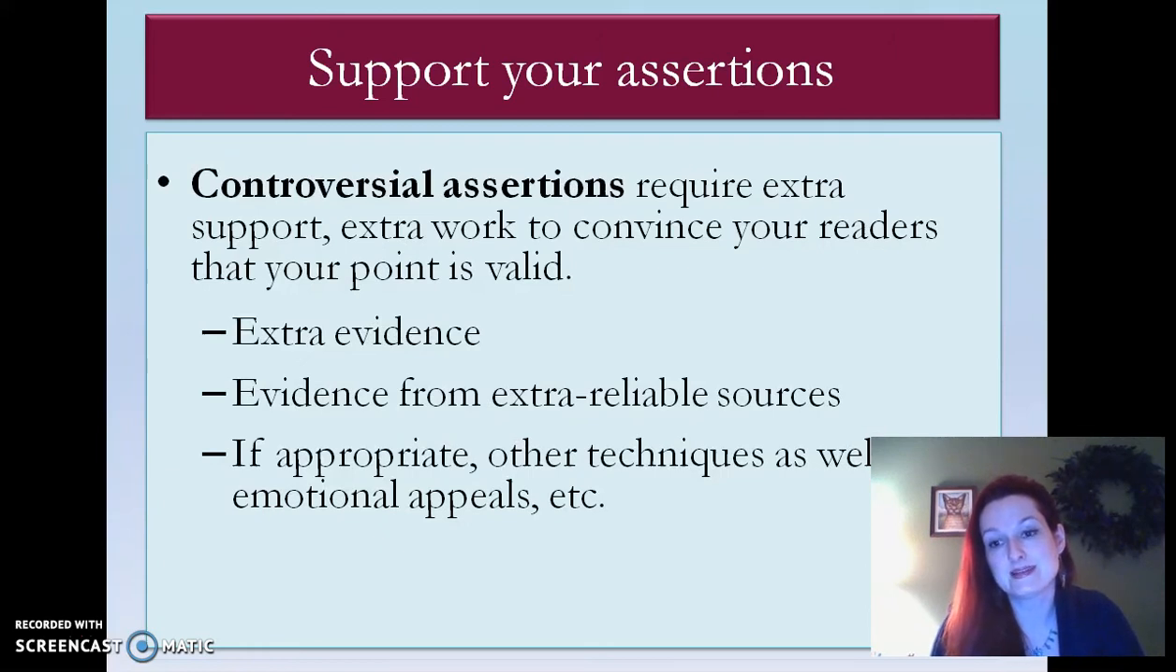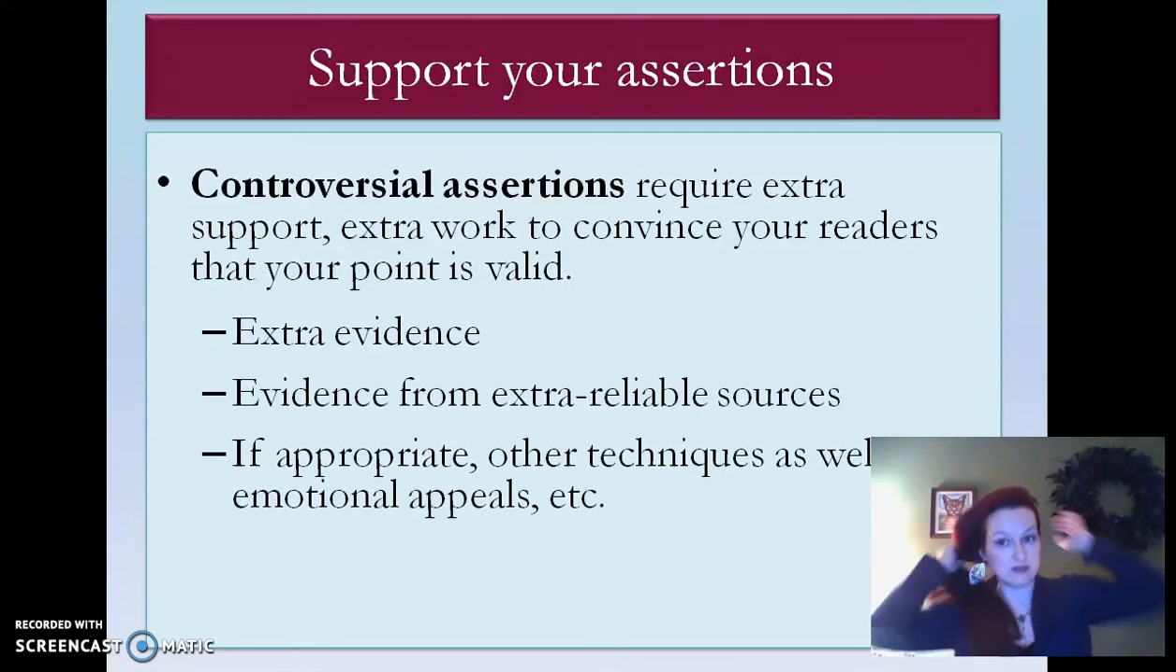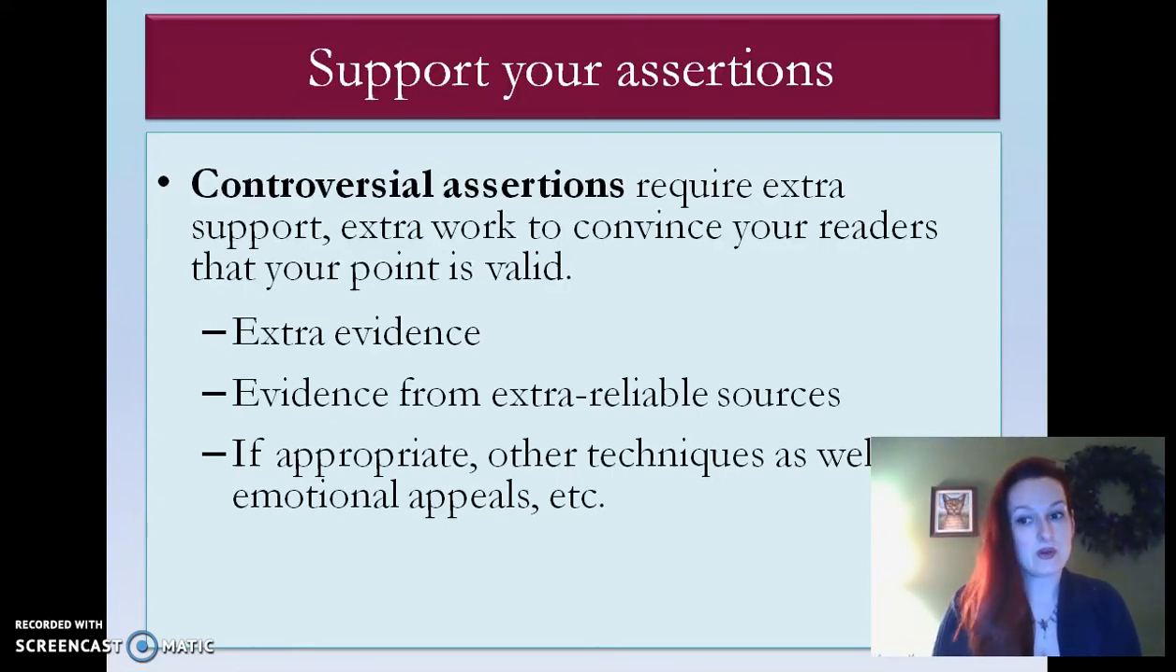Controversial assertions are going to require a little bit of extra work, a little extra support, because they're controversial. So anything that's a hard sell, anything that you can imagine some opposition to, may require a little bit of extra support. So that means extra evidence from extra reliable sources, and sometimes, if it's appropriate, other techniques as well,